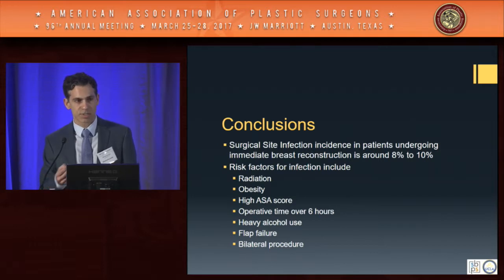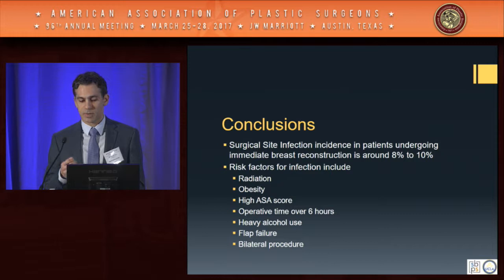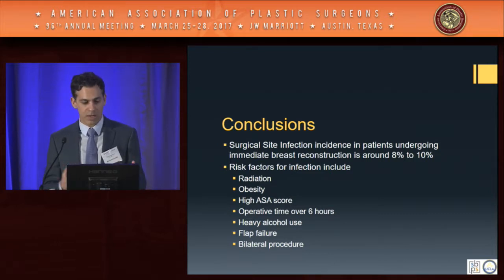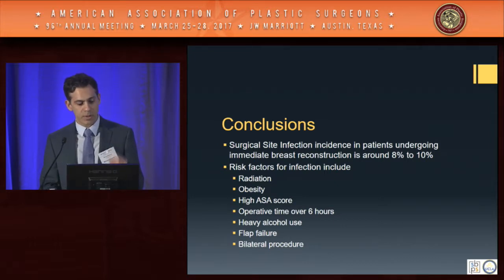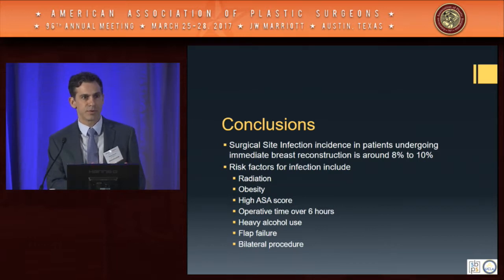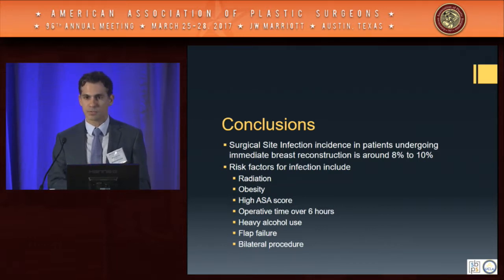So in conclusion, to summarize some of that data, surgical infections in patients having immediate breast reconstruction are fairly common, and the number that we can now confidently quote to patients based on that data is around 8 to 10%. And there are certain risk factors that we know will increase that patient's risk for infection, and we can counsel patients now and say, these criteria that you have are going to increase your risk, just for awareness, and maybe